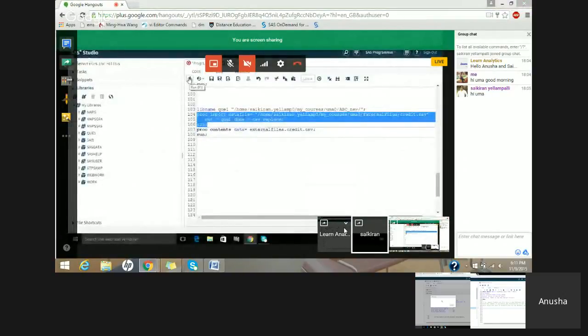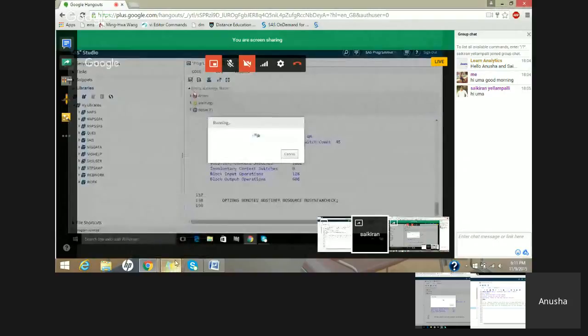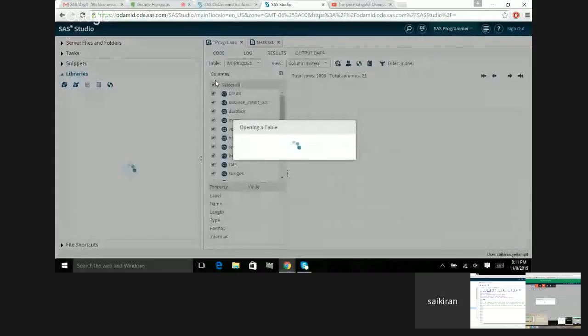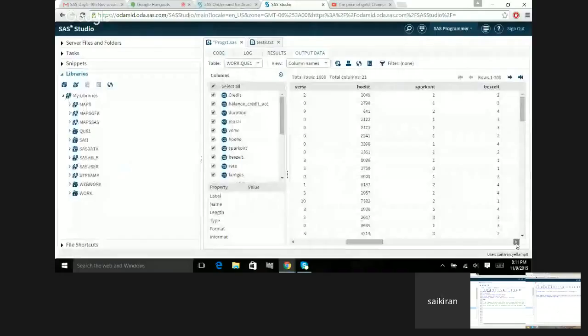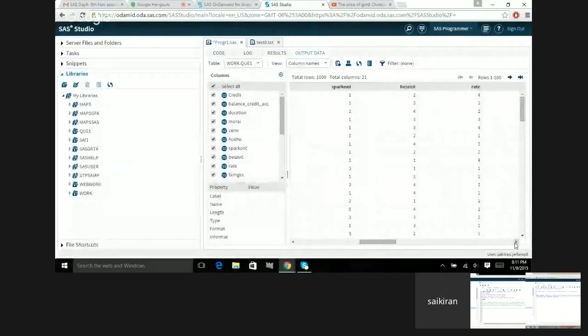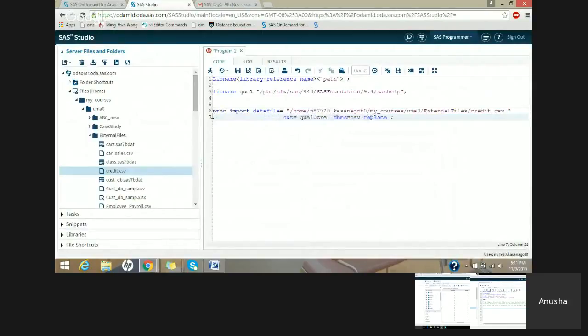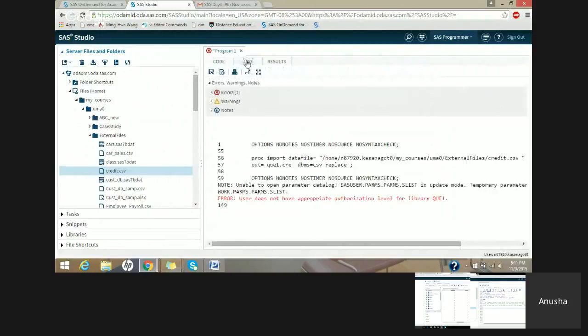Open your log window, Anisha. Just a minute. Okay. So is it done? Can you see my screen? Okay, I can see your screen now. Open your log window. User doesn't have... Okay. So I think it's with the library that I've created. So just try and